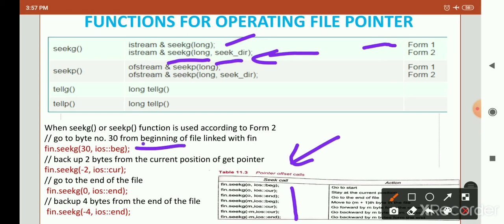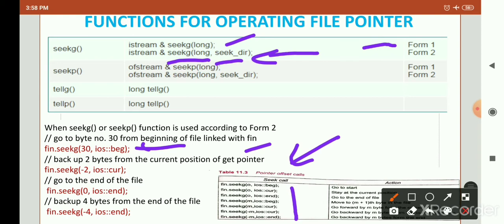Here are some examples. fin.seekg(30, ios::beg): what will it do? It goes to byte number 30 from the beginning of the file linked with fin.